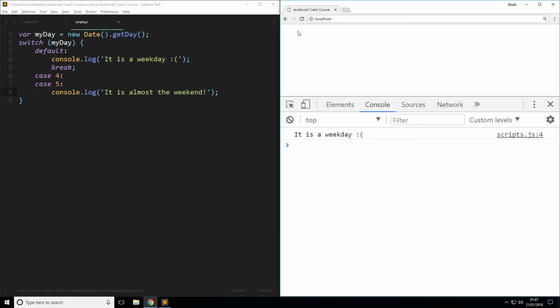Save and refresh. We're not getting anything at the moment because obviously it's not Thursday or Friday, so case 4 or 5 aren't being met. So it's running the default, which is saying it's a weekday. So we want to put a break after this one. And we want to say if the case is 0, which would be the case for today, then we can say console.log